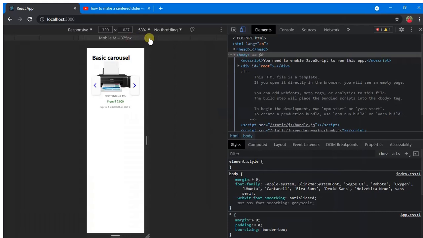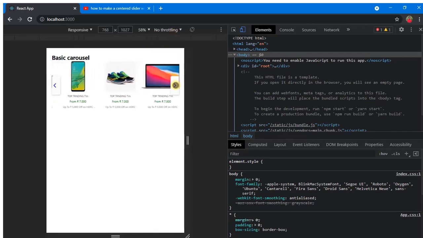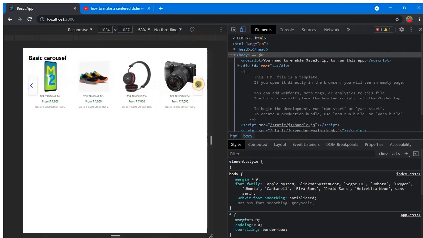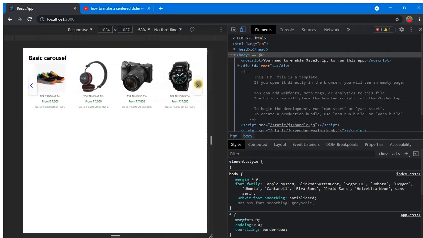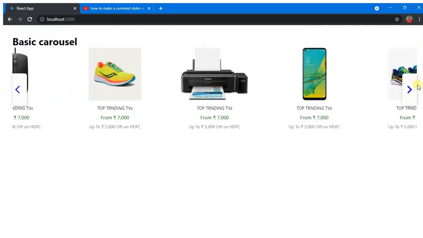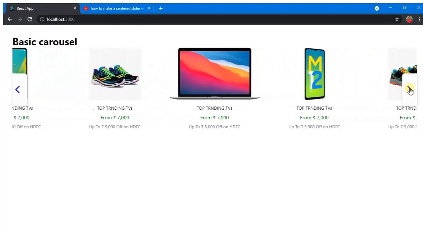Once let us do the final check. See, in small mobile, okay, one image in mobile, totally in mobile only one image is shown, and in tablet 3 images are shown. Everything is looking pretty good and fine. Now in large laptop, sorry, in small laptop, we are able to see 4, and in large laptop we are able to see more, and the center mode also came into picture, right? So this is how we make our carousel responsive, and try to implement this in the rest of our carousels also.